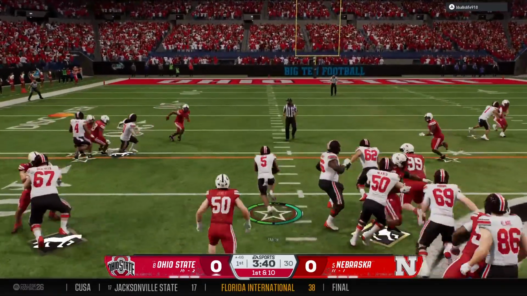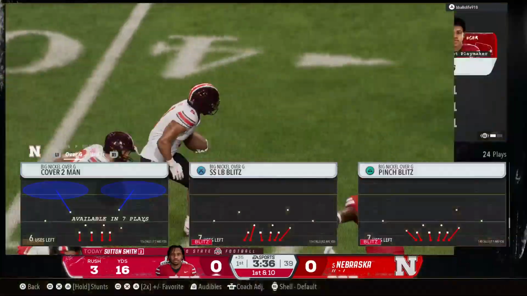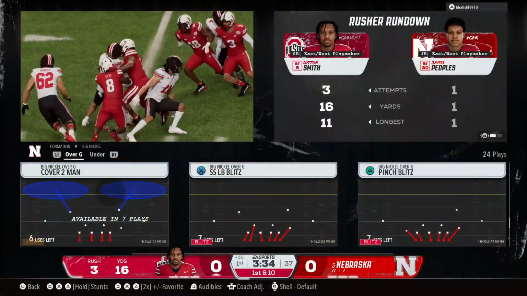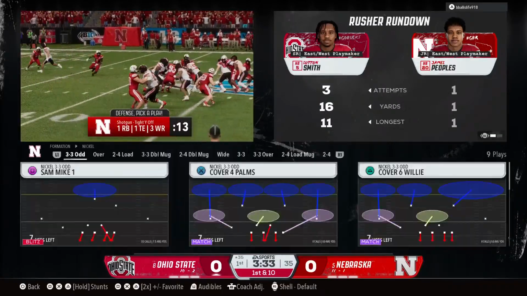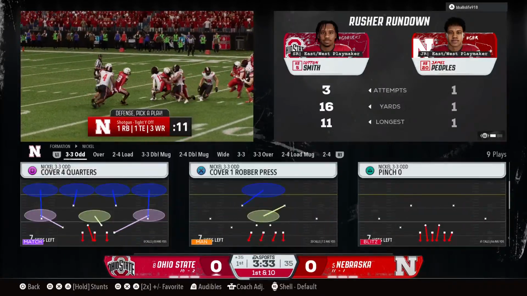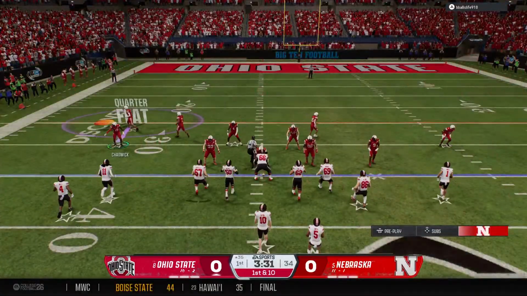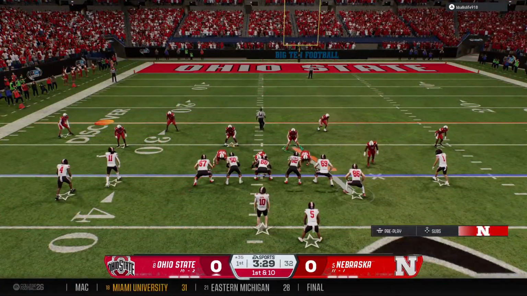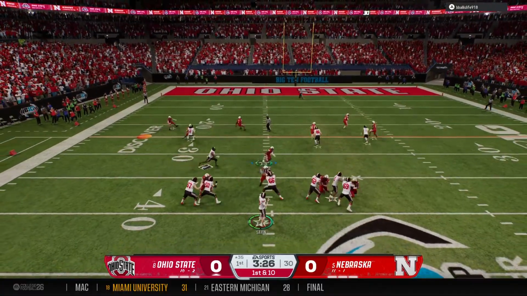Keeping it on the ground here. He's taken down, but that's a nice gain. They'll spot the ball now at the 35. Well, it's a beautiful run here for the 1st down. Really living up to that reputation of the great backs that they've had over the years. Think about Archie Griffin and Eddie George, Ezekiel Elliott, J.K. Dobbins. Just so many great backs. We're seeing another one right here.